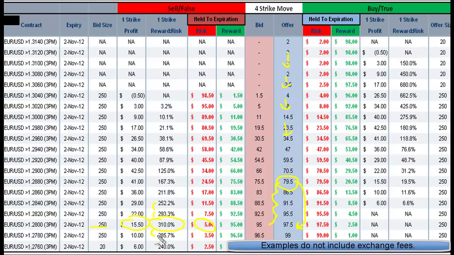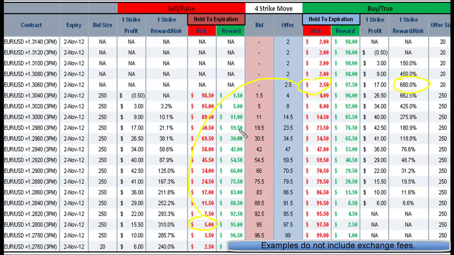Now also, of course, when you're combining these together, you can do a straddle or other strategies, and we talk about some of those. And so you could use this to go, okay, if I think it's going to move this far, what's the best binary for me, and what should I take my price at? And so you could go, well, I like this one, and I think it's going to move 4 pips. I also like this one right here. And so that gives me a really low risk. So a risk of $7.50. And with the return potential of $17 on this side and $15.50 on this side. So more than covering my $7.50 risk and allow me to do a straddle based on that move